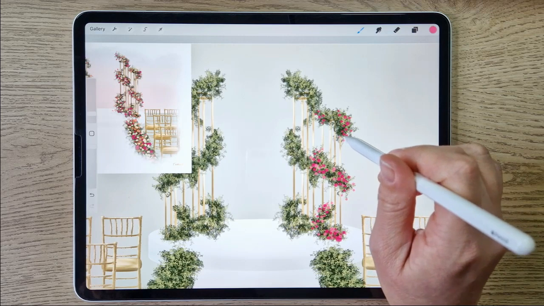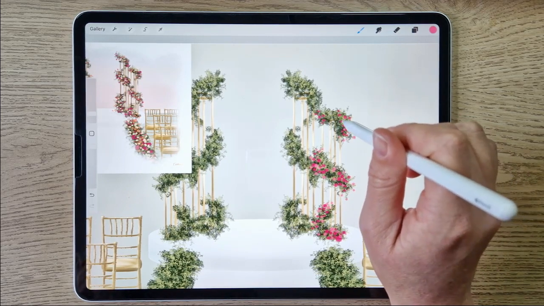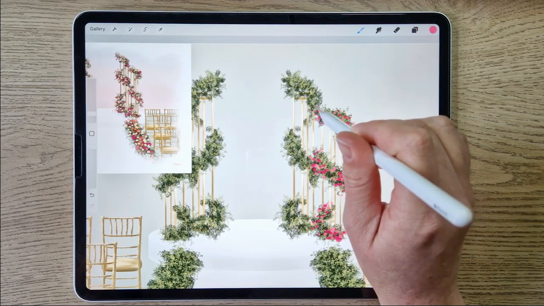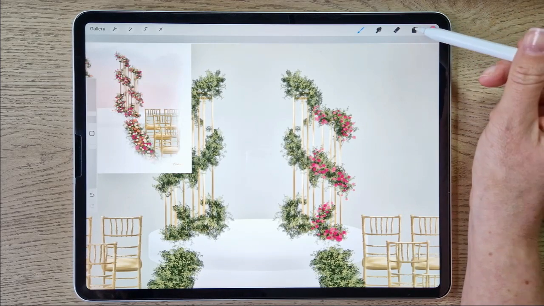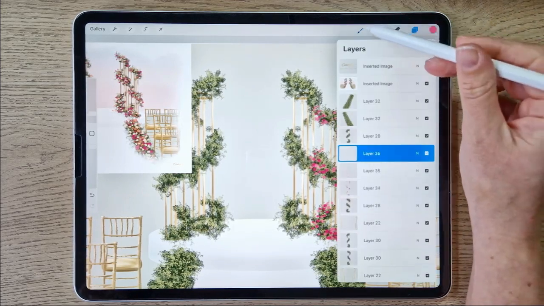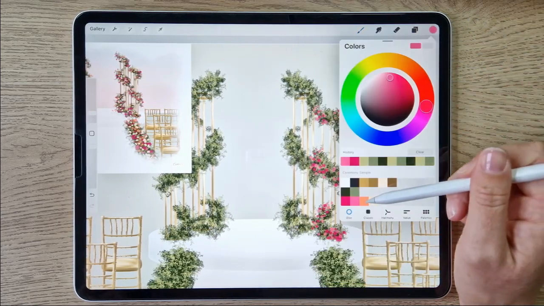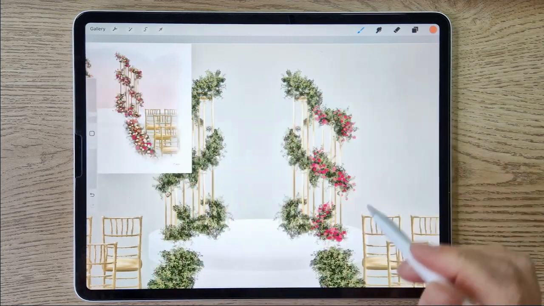Again, once you've got a concept for your florals, it's so easy to then go and represent them in an illustration. Obviously here we're just working off a reference image. Let's add a different type of flower in our peach color. Again, adjust the size as you need,